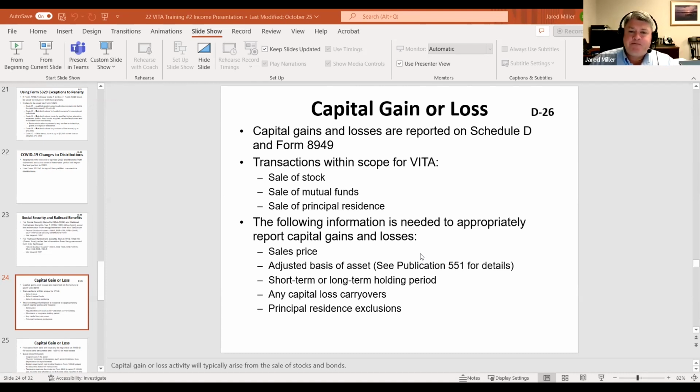If you have a client who is actively mining or managing their cryptocurrency, if they're using virtual currency to pay for transactions, if they're getting paid for their services in cryptocurrency, if they're using it to pay for services or products, that is outside the scope of VITA. So we cannot handle significant virtual currency transactions. If you're looking at me and you have no idea what cryptocurrency is, that's fine. We're probably not going to see that coming into VITA, so we don't really need to worry too much about it.